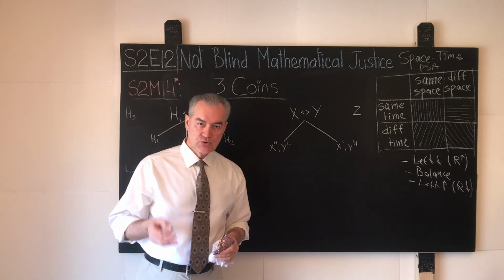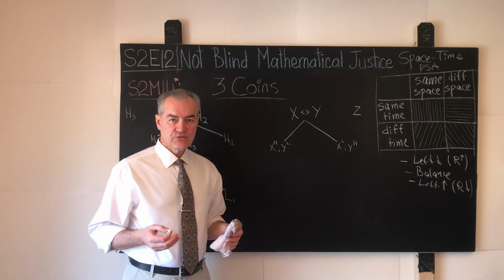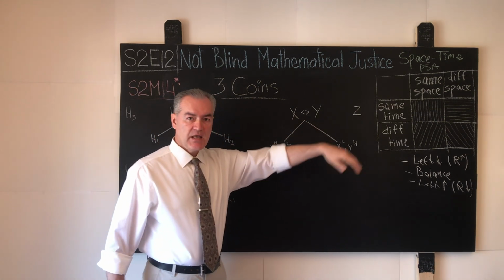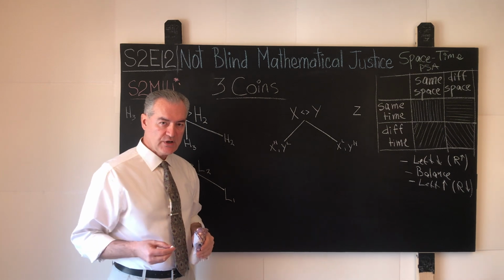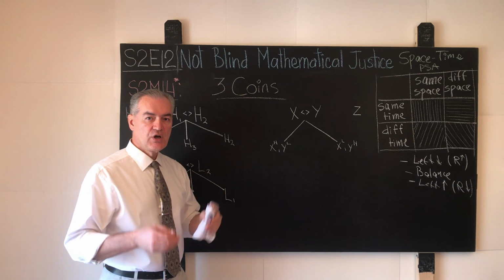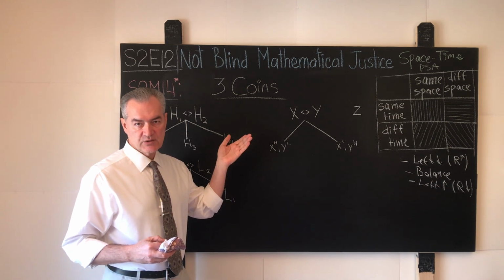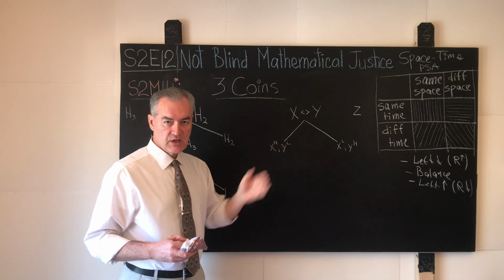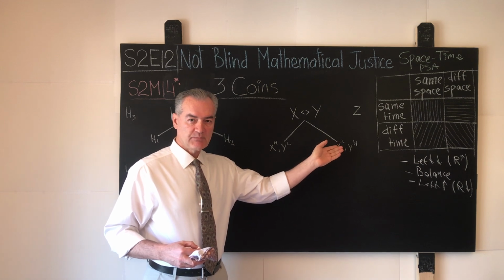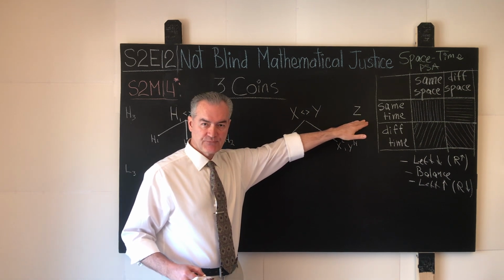In that case, we lose the luxury of naming our coins as H or L. We have to name them in the most generic way, and we name them as X, Y, and Z. And for the initial or first weighing, we perform the same algorithm as the one we described before. We shake all three coins real well. We pick the first coin at random. We put that randomly chosen coin on a randomly chosen pan. We pick the second coin at random. We put it onto the remaining not occupied pan. And by doing so, we fix the choice for the third coin. It automatically sits on the table.